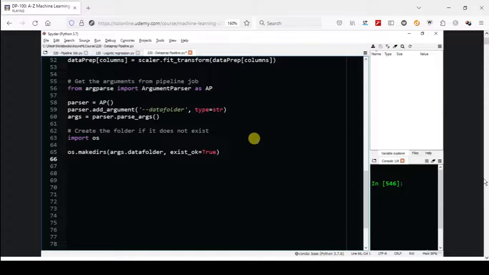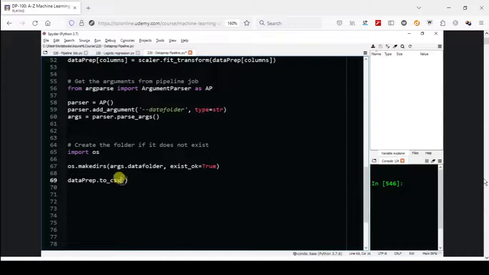Alright, and now we can save this data prep as a CSV file using the to_csv method. So that will be data_prep.to_csv with parenthesis. And now in such scenarios, if we want to save this file using this method at the correct location, then we need the absolute path of the file. And we need to do that at runtime. So there is another method of this os module that can help us to create that path. And let's do that before this to_csv function as path equals to